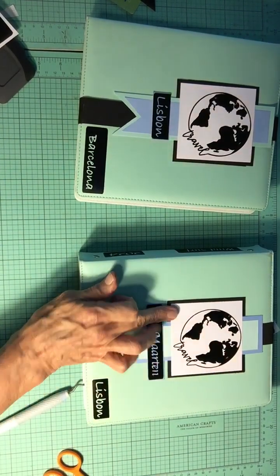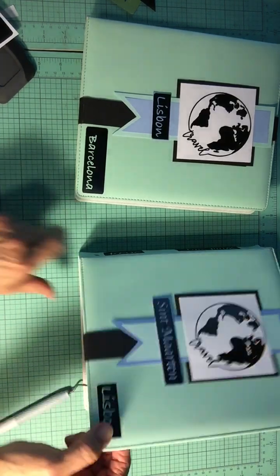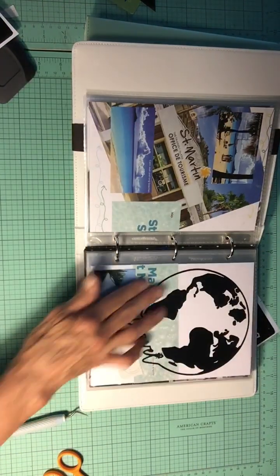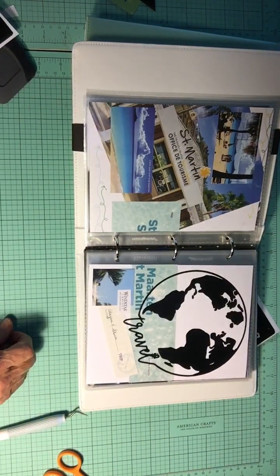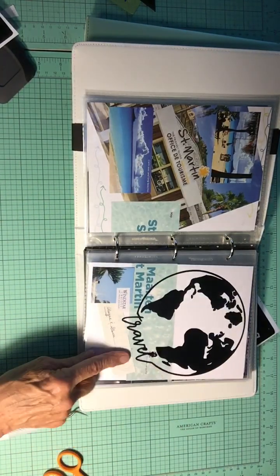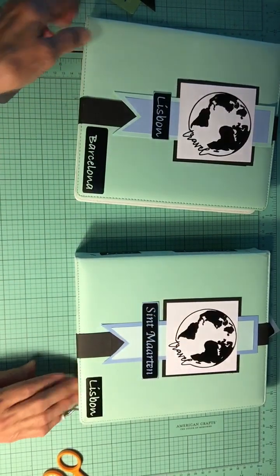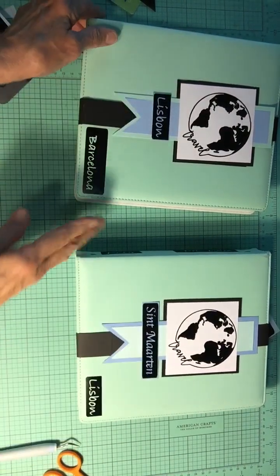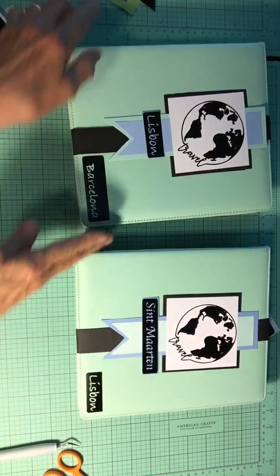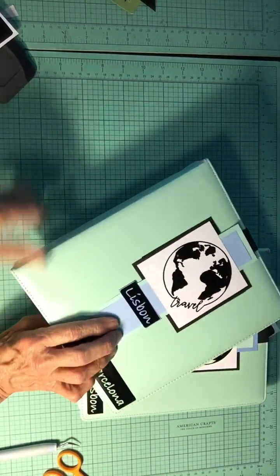But this is vinyl on cardstock. And this is vinyl on cardstock. But I also, in here, use the same exact image, and I just made it larger. And I have a little collage page from St. Martin's, and I put it right on top of the collage. And that's what gave me the idea to put the same symbol on the outside of the books. So this is one trip, but it was a long trip. So I'm putting from St. Martin to Lisbon in one book, and from Lisbon to Barcelona in another book. And I will add